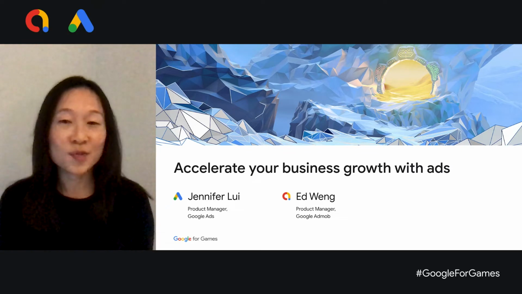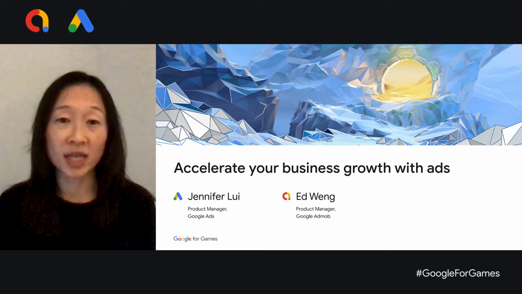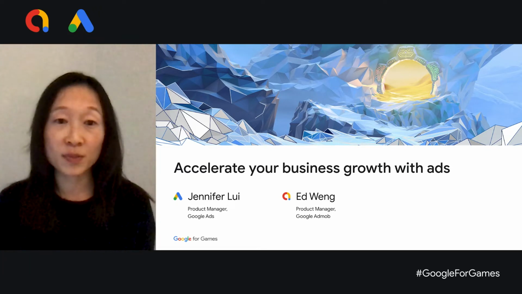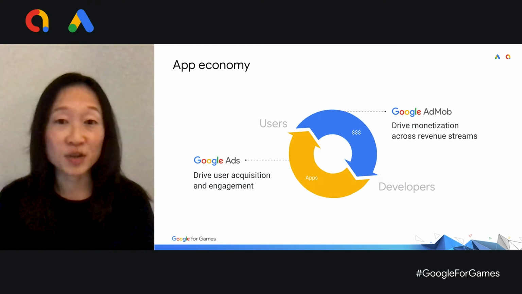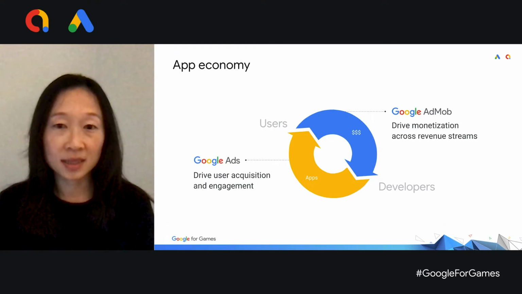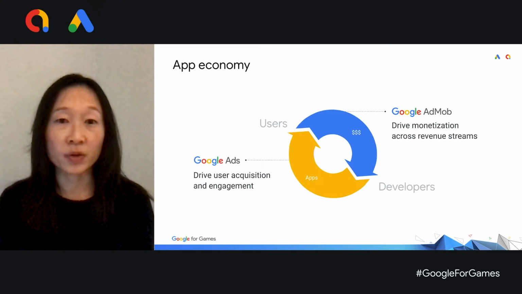As a developer, you probably got into this business to make great games. But to stay in this business, you need to find ways to connect with new players and earn revenue from your game. Ads can help on both sides of your business. Using ads to acquire quality users can help you quickly grow your player base and reach the players who will be the most interested in your game. And to fund your marketing efforts, using AdMob to show ads lets you earn more while keeping it free to play. This can help maximize both your earnings and your reach to new potential players. Today, we'll go deeper on both of these ways that ads can help your game succeed.